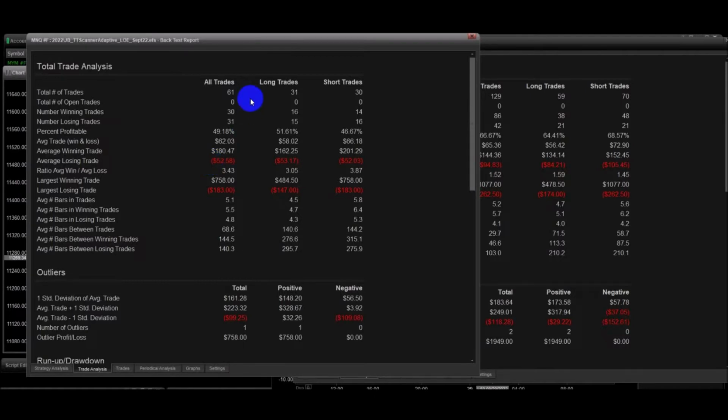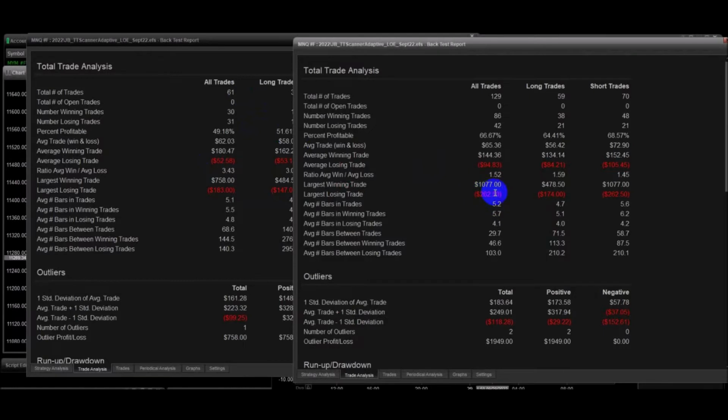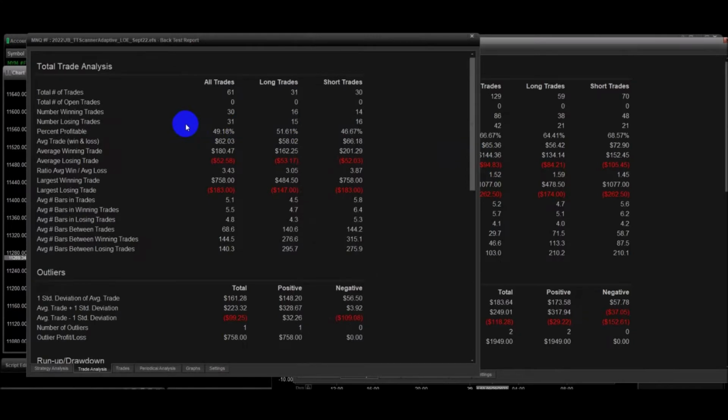It doesn't trade as often. It doesn't have the risk that we had. Largest losing trade, 183. Largest losing trade here, 262. But understand that the metrics for the system are going to produce a more consistent overall return with this strategy,